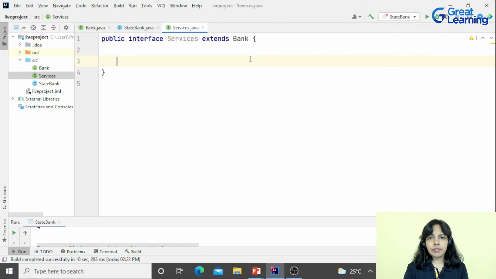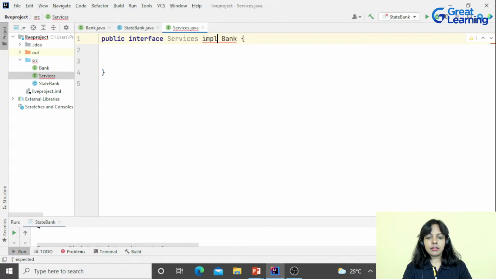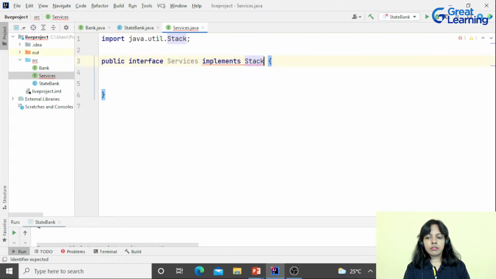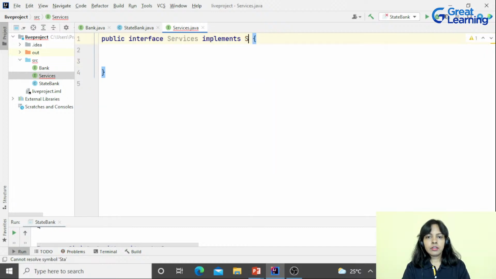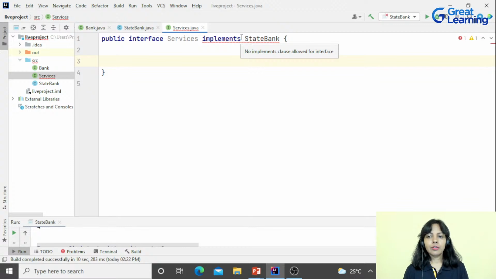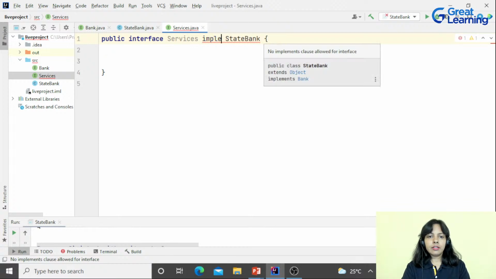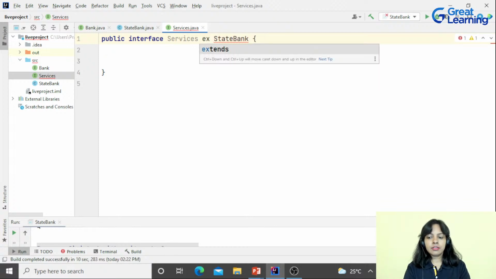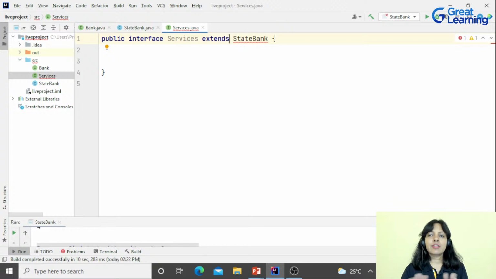Can an interface make use of another class? If I write here implements, then I can write state bank. Is this possible? No, right? Can I make use of extends here? No, meaning this is not allowed.